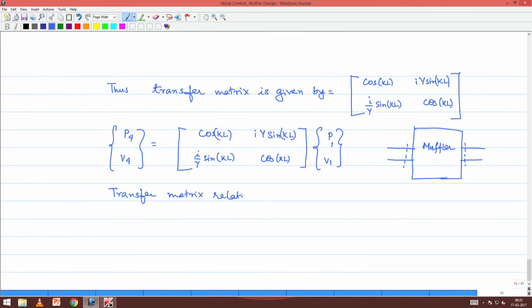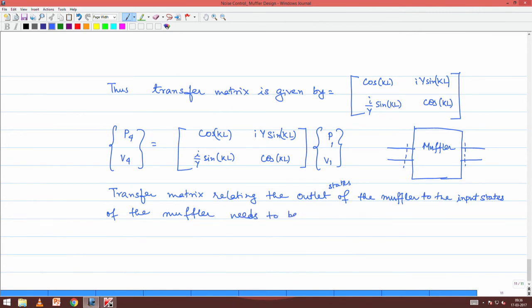relating the input of the muffler, sorry, relating the output of the muffler, the outlet states I should say, to the input states of the muffler, needs to be found. In this case we have already done it, but no matter how general the muffler is,